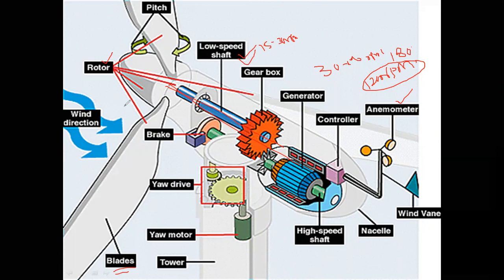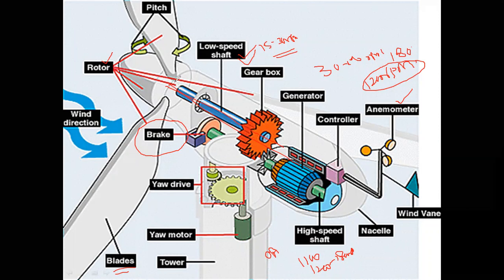Under low wind speed also the power generation is constant, and the same amount of power we need to generate. That means this high speed shaft, which rotates at 15 to 30 rpm, should be brought up to 1100 or 1200 to 1800 rpm. And this is the braking mechanism: if there is high wind in the rainy season, the wind is at maximum. Now the load is 0 ampere and the battery is also fully charged.